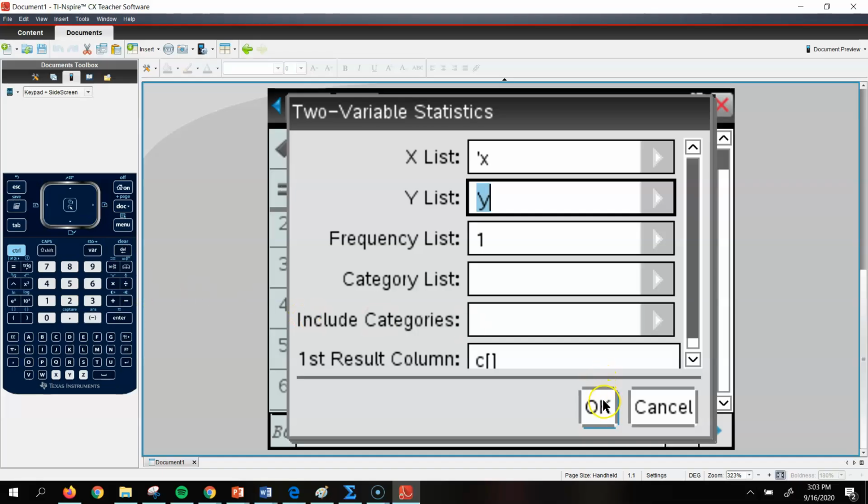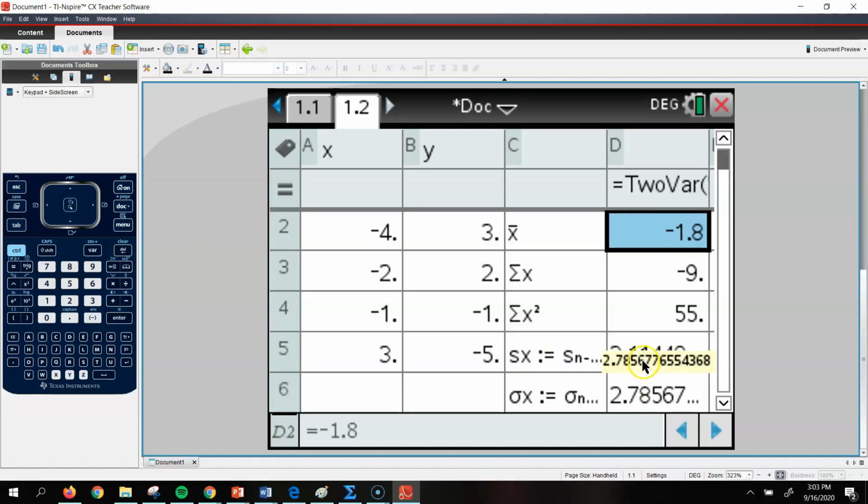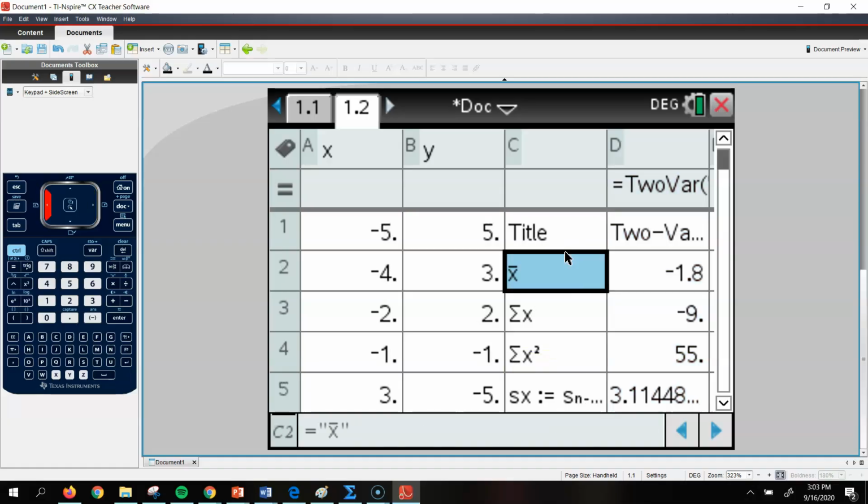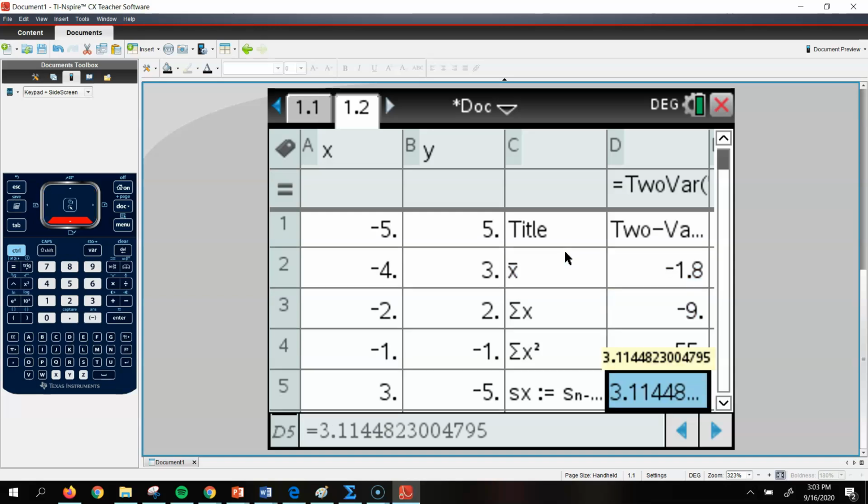Okay, we're not going to do anything else. You can just hit enter, and bam, we got a whole lot of information here. So if I scroll up all the way to the top, we could find some different values that we might be interested in finding. But what we want specifically is to know what the correlation coefficient is. So if I scroll down here,